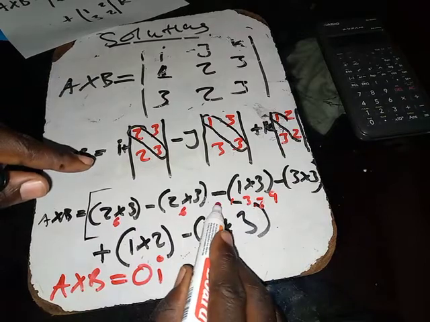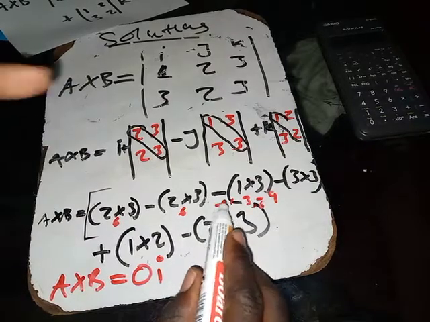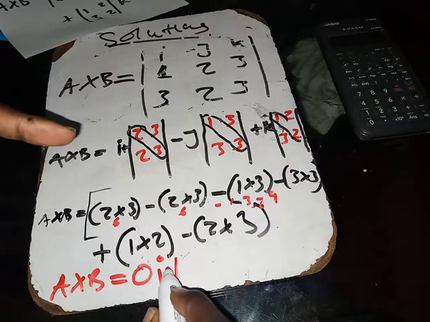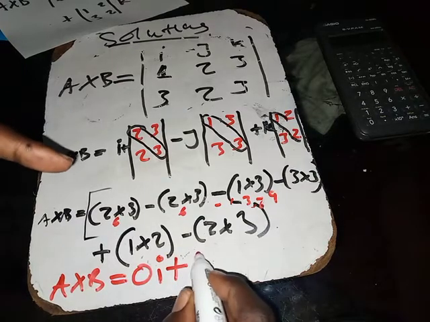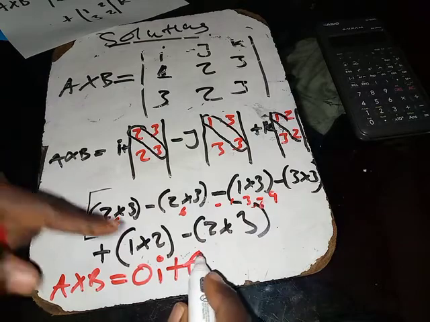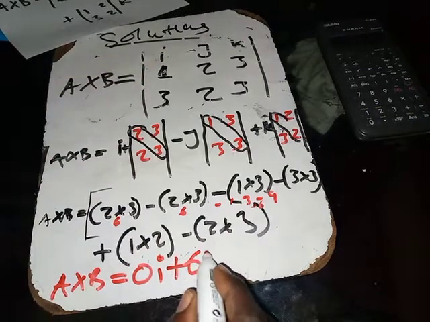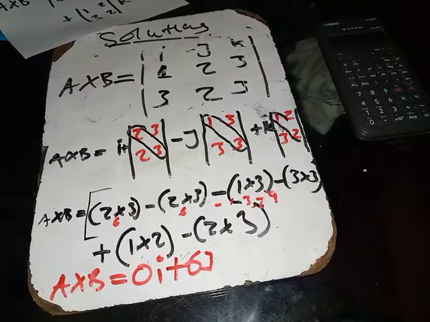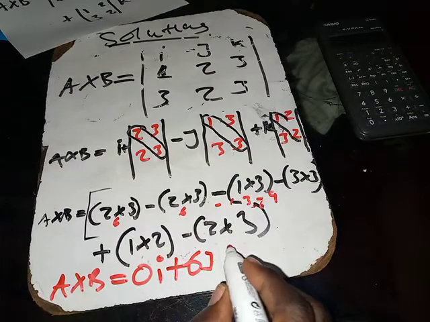So this negative and this negative, when they multiply, we have positive. So the final answer here is going to have positive, then 6. Okay. Under which letter? J. So I'm going to put J. Then from there, I'm going to say